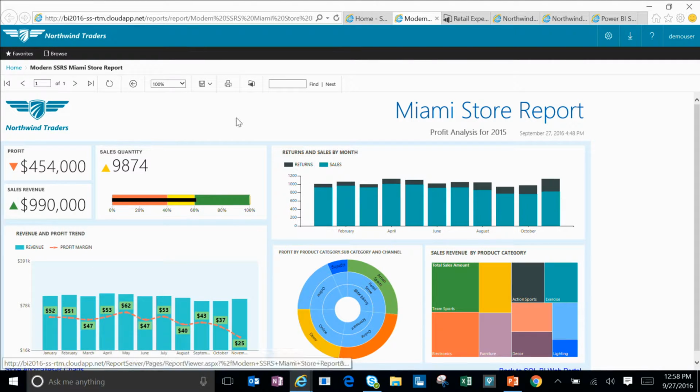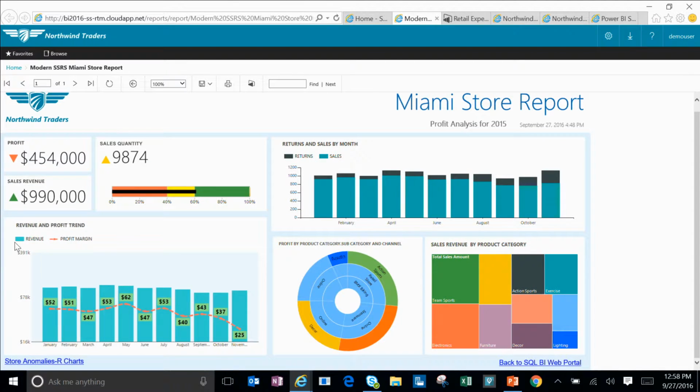Look at that. Now what's happening in this Miami store is, folks, revenue is okay. Profit margin has been decreasing, yes? You can see the line, profit margin is decreasing. Can any of you guess why profit margin is decreasing? You all are business experts. Anybody, any guesses from the chart here? Sorry? Yes, so returns have been increasing, profit margin decreasing, returns increasing, but you know what, we want to do